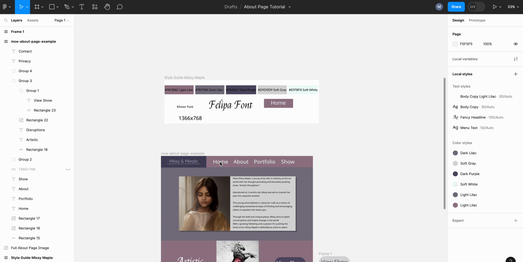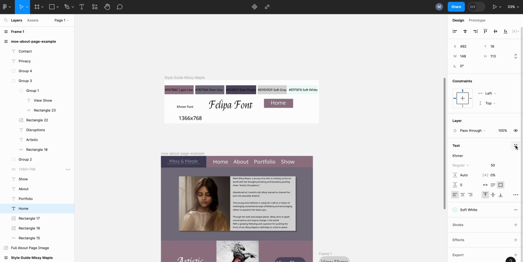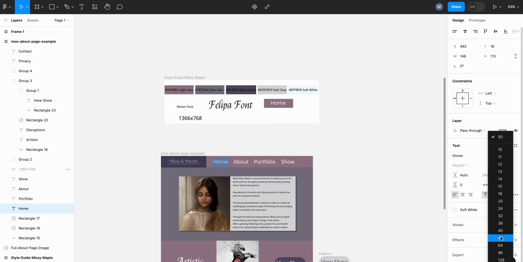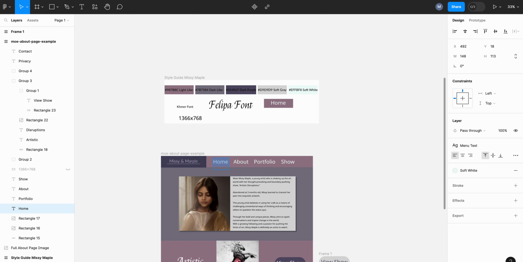The font size on this menu text is really too large. Now, I don't want to have to go in, I mean, I could click on each one. I could detach that from the style and then make it a little bit smaller, let's say 48. But that's a lot of work to do. The whole reason we used styles, a text style, is so that we could change everything at once that is